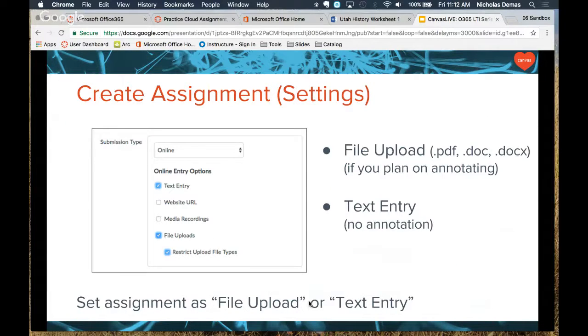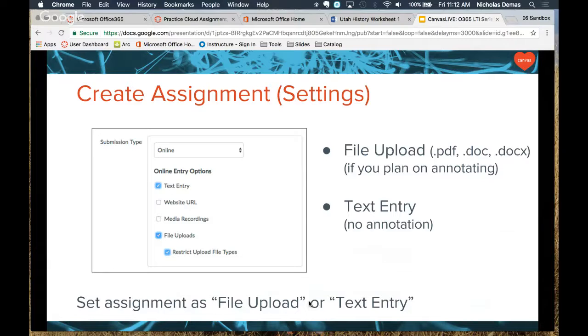But let's focus on the actual assignment settings today, since the prompts can be created anywhere, whether you're creating a page, whether you're creating a discussion, anywhere you see the rich content editor, you could create those links to those documents pretty easily. But when it comes to the assignment settings, here's where it might make a difference with and without the LTI. So in the past, without the LTI, you would have the option to either do text entry